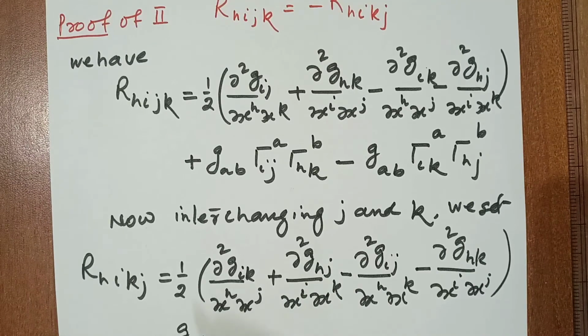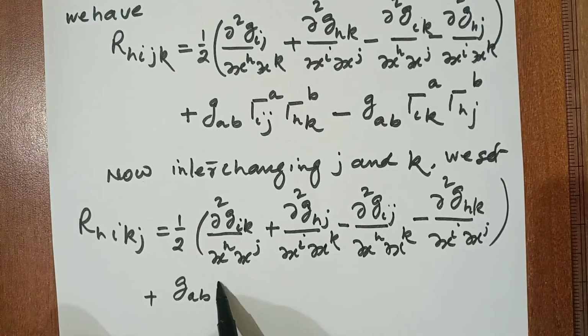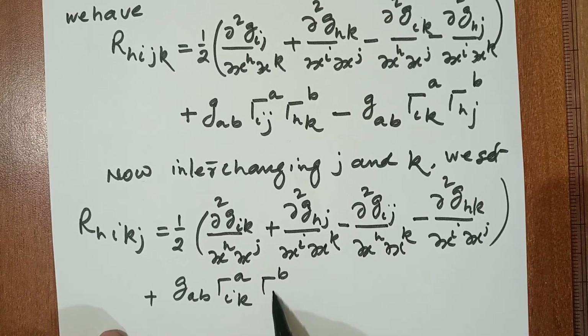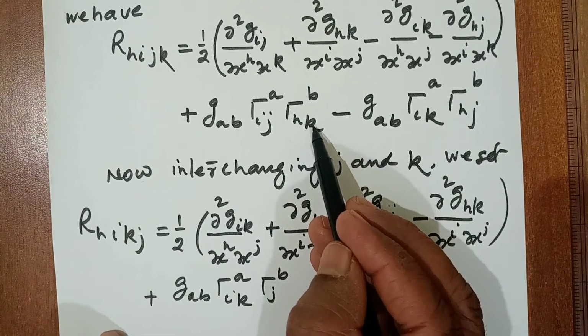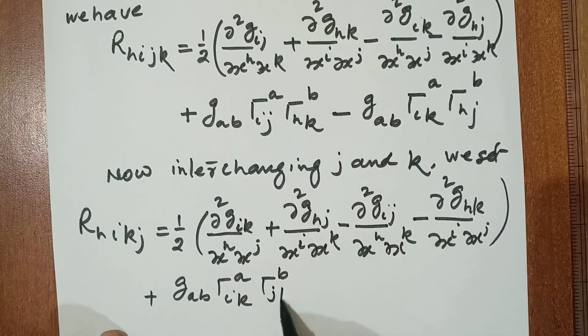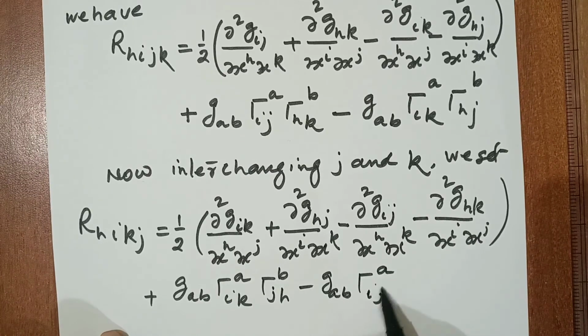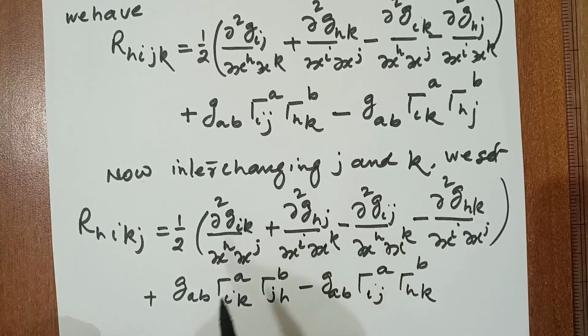g_ab gamma a_ik, b_jh. In place of k is j, so hj or jh, no problem because this is symmetric, minus g_ab gamma a_ij gamma b_hk. Okay, so you see here, if we take the minus sign common,